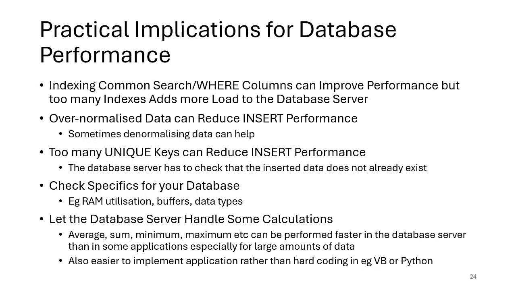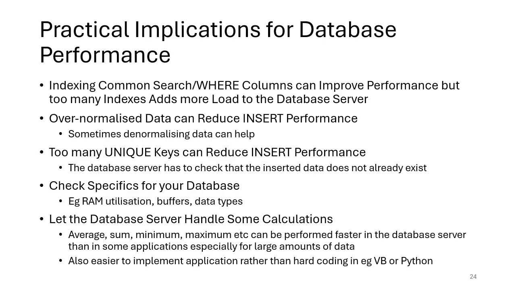So here's a few more practical implications for database performance. One thing, we mentioned some of these, if you can index commonly searched where columns, that can improve performance. But just be careful, because if you add too many indexes, then you do add load to the database server, particularly when you're writing. So just be careful of what you're going to index. But adding some indexes is normally a good solution to slow performance. But equally, sometimes removing indexes can also help, particularly if you've got a lot of indexes. Check to see where the indexes are being used. You want an index where you commonly search or sort,